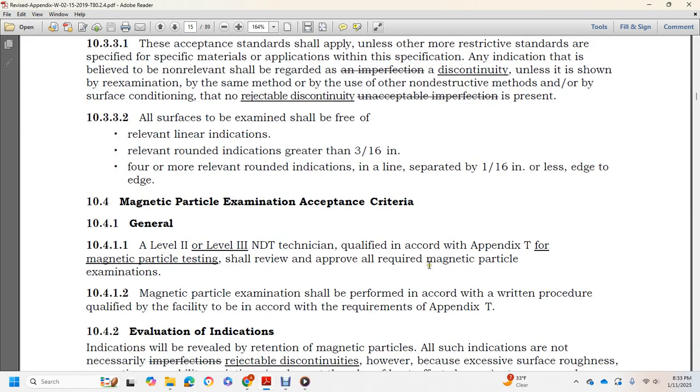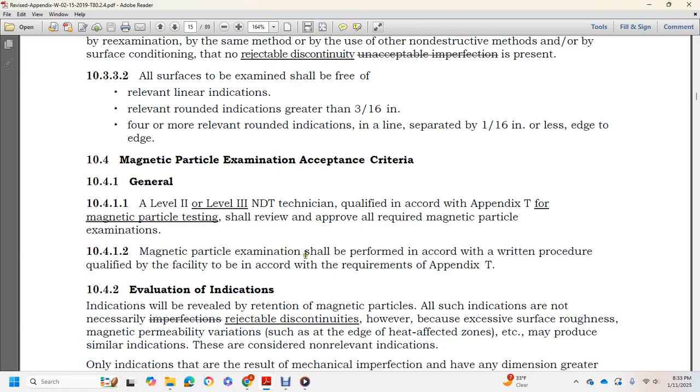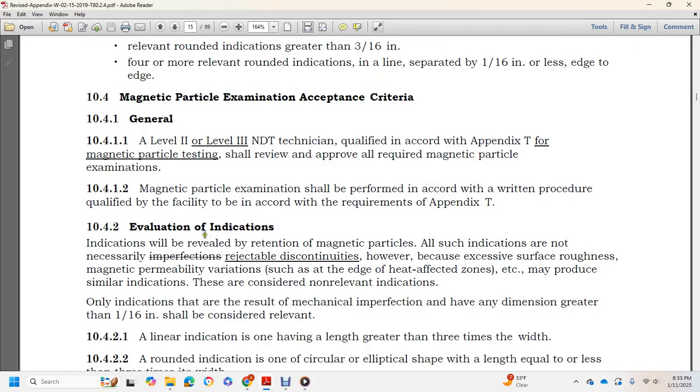Magnetic particle acceptance criteria. A level 2 or level 3 non-destructive testing technician qualified in accordance with Appendix G for magnetic particle testing shall review and approve all the required magnetic particle examinations. The magnetic particle examination should be performed according to a written procedure qualified with the facility in accordance with the requirements of Appendix T. Evaluation of indications: a review of the retention of magnetic particles